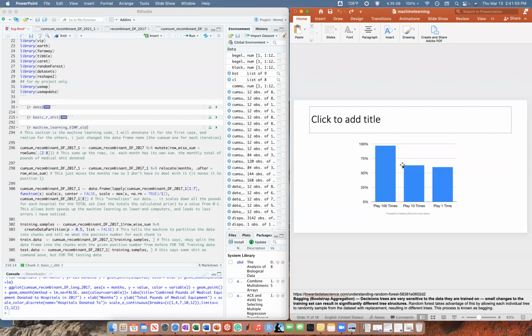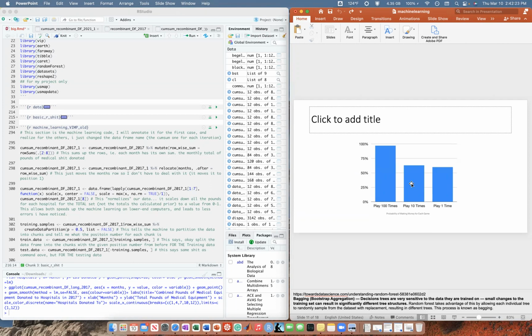The easiest way I can explain this is, what if you're flipping a coin, or better yet, gambling, because flipping a coin is pretty fifty-fifty. If you're gambling, you play one time, you may have like a 55% chance of winning. If you play 10 times, maybe you're getting like a 59. If you play 100 times, you're going to get a 99%.